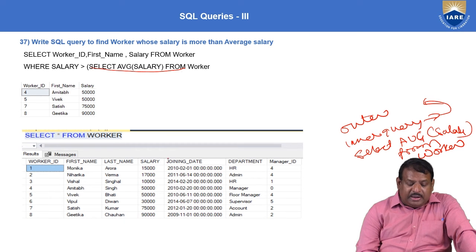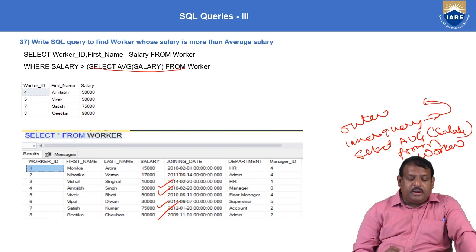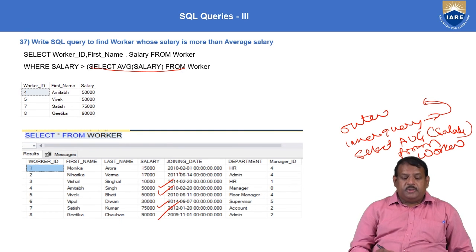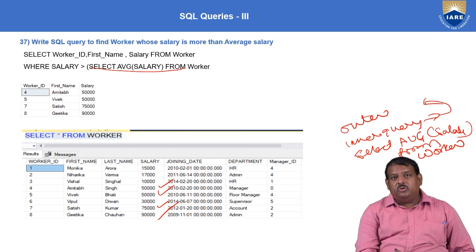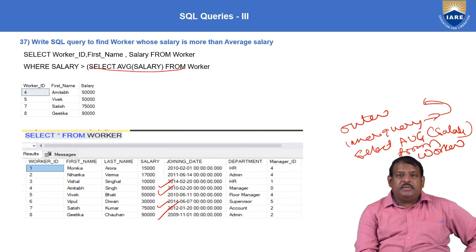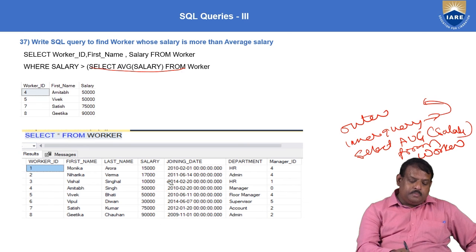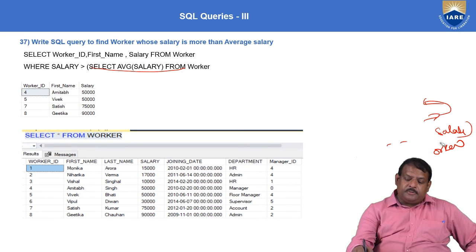So the matching values are 50,000, 50, 75, 90. We will be getting these 4 records, because the average salary is 42,000 and anything more than that should be retrieved. So we are getting these values here.